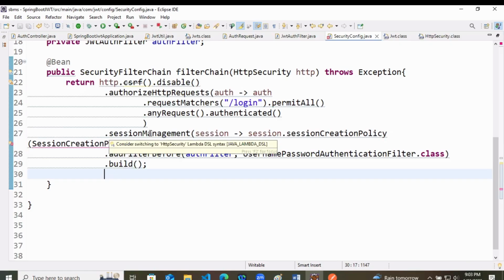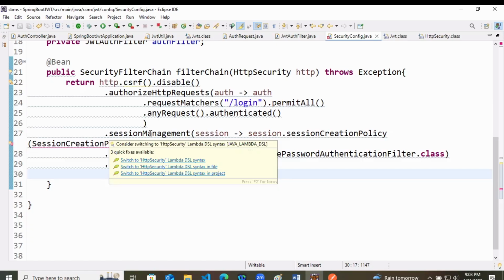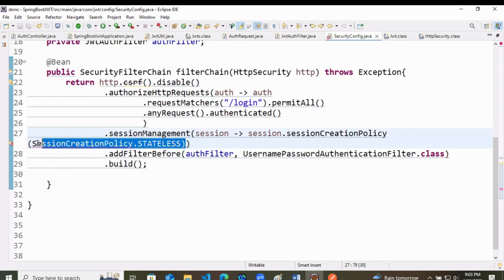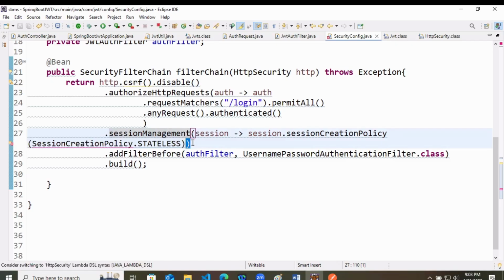Here, this one, this is extra. No. See, it is itself an object only. See, this is one and this is one.